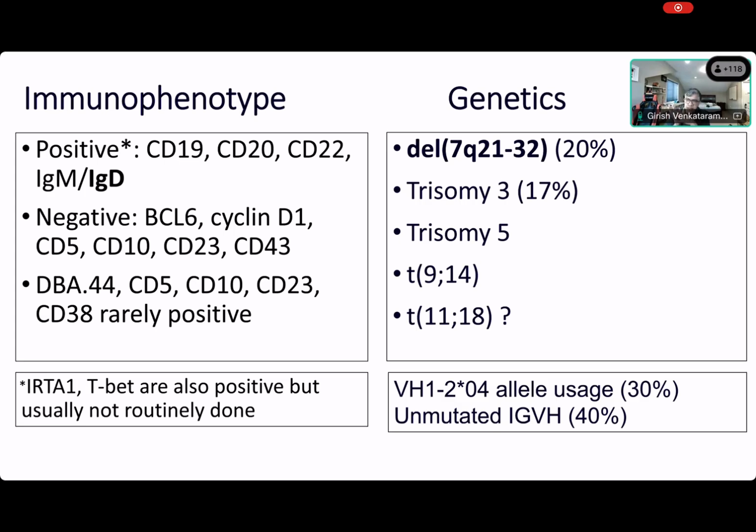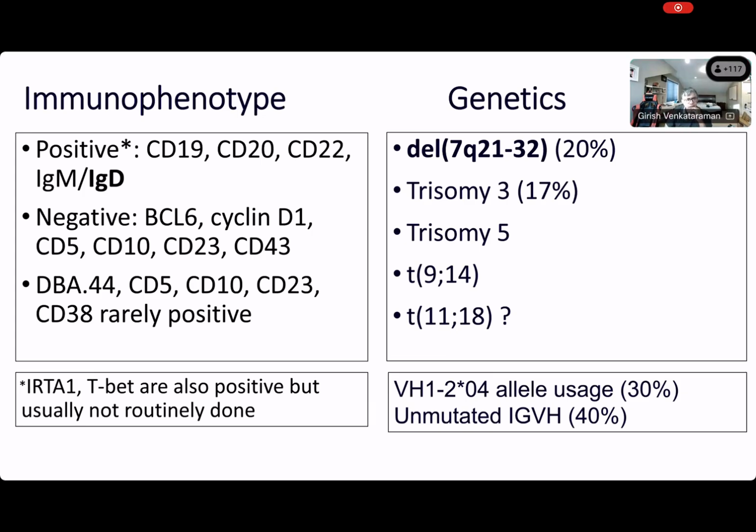And there's a little genetics I wrote on the right side, but most of those are rare case reports, and I don't think it has much use. And there's really no use for karyotype in a bone marrow biopsy to diagnose marginal zone lymphoma. And of course, there are some newer fancier markers like IRTA1 and T-bet, but nobody does this routinely, and half the time it doesn't even work. So forget those. And there's more genetics at the bottom right that I've written, but those are all from WHO and not at all relevant for diagnosis, right? Only CD20 right there, and that's all you need to make a diagnosis.